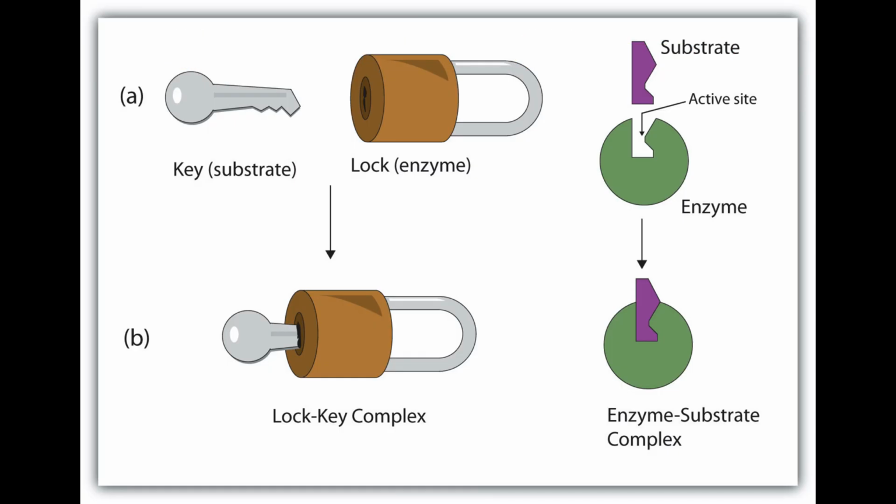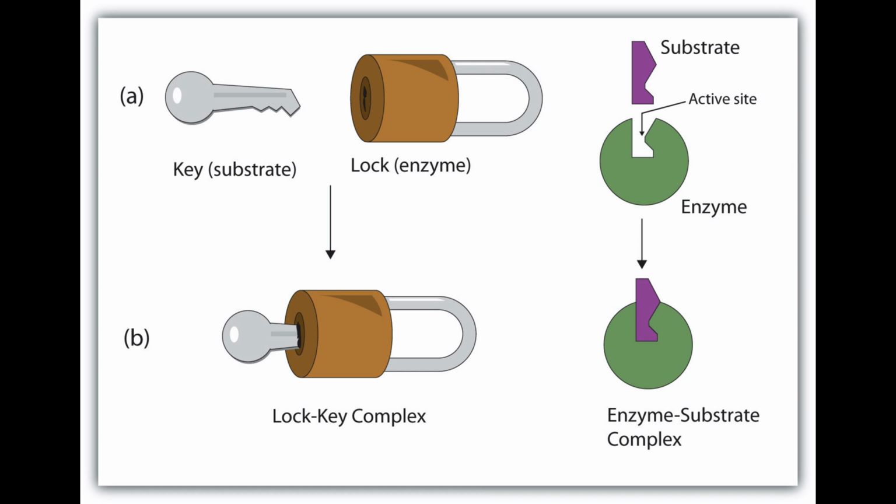Let's talk about the mode of action of enzymes. The best explanation given for the mode of action of enzymes is the lock and key theory. In this theory, it is proposed that every enzyme is specific to a particular substrate, and it tells you that the depression in an enzyme, which is the active site, is very specific to the shape of the substrate. Just like a key is specific to a lock and it fits in,